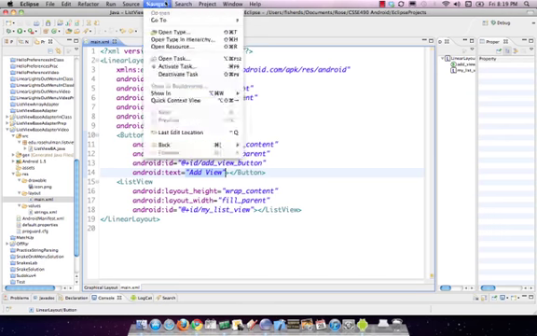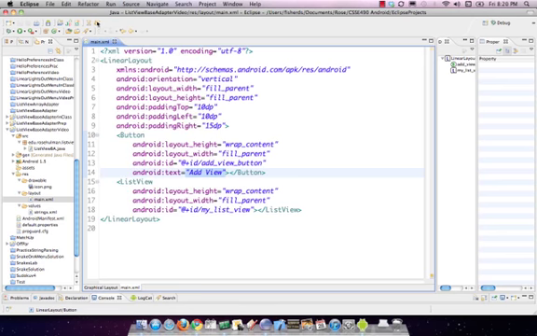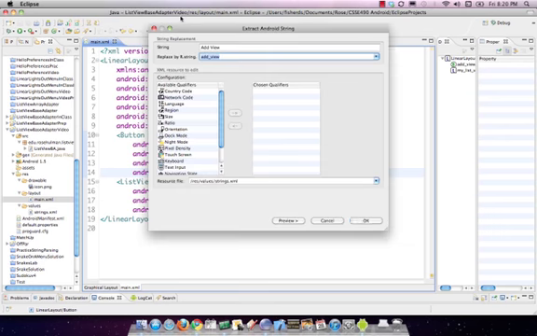Where to go? Refactor. I think it moved on me from earlier today. There's a thing that you can do for extract string resource. You can see there's even a shortcut key for it, but if you were to have the text that you want to refactor highlighted and click extract string resource, it'll automatically pop up and say, hey, the string is add_view,